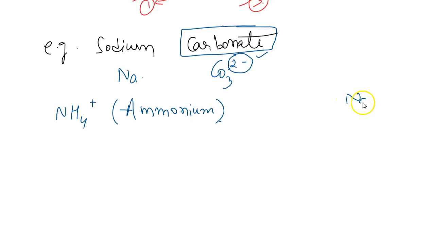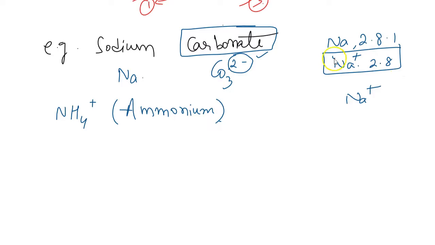So if I write, let us suppose Na plus, what does this indicate? Na was having electronic configuration 2, 8, 1, and when one electron is lost, as we have seen in the formation of ions, it gains a positive charge. That means its electronic configuration will be 2, 8. So I can say the number of positive or negative charges present represents the valency of this element. So here also we can say the valency of NH4 plus is 1. That's what we can get the idea by remembering these names.